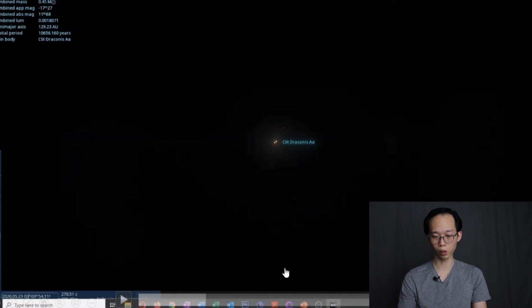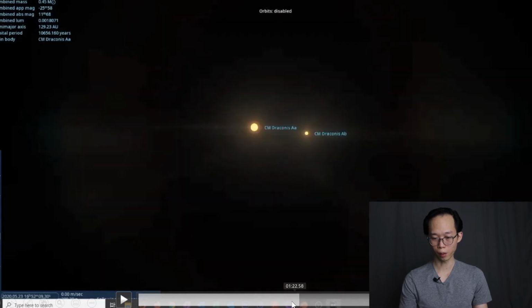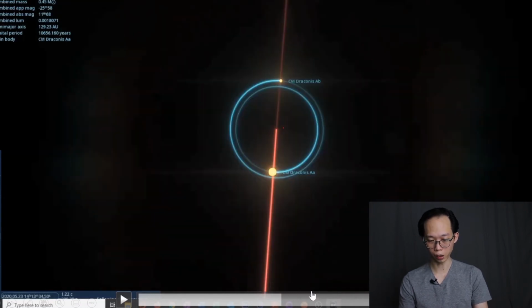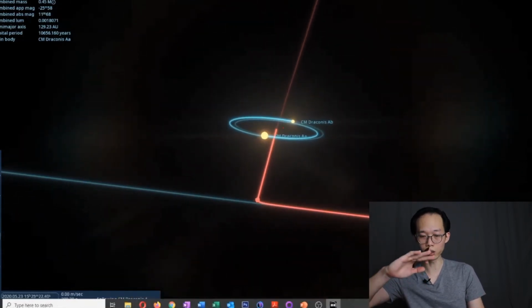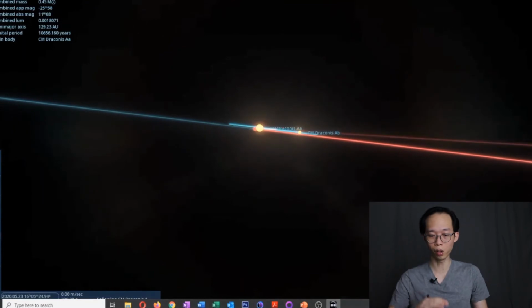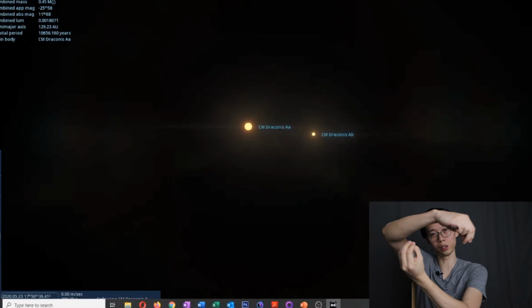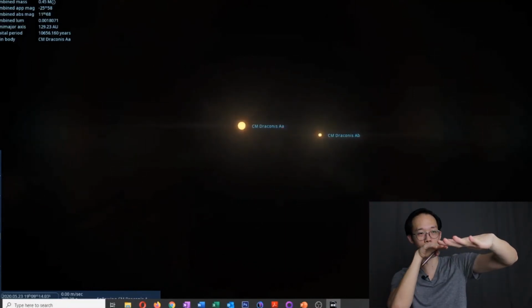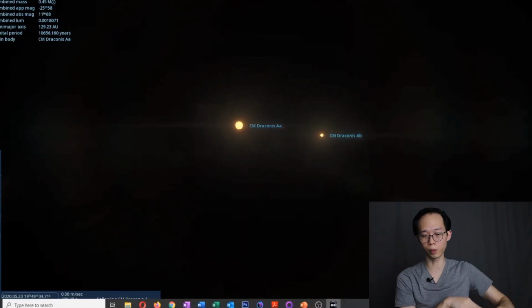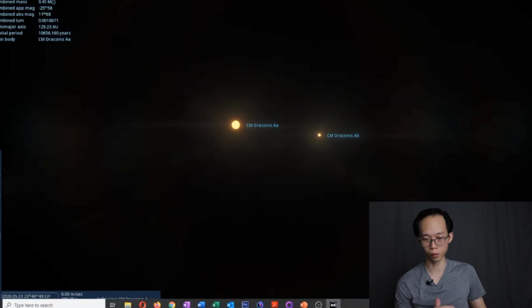Next, we are going to see what is meant by parallel to the plane of orbits. This is still perpendicular to the plane of orbits. Parallel to the plane of orbits would be like this. If we rotate our point of view, and instead of a top-down view, we look at it from a sideways view, now the stars are orbiting in this manner. The plane of orbit is like this, and we're looking at it from the side. This is what is meant by a parallel line of view to the plane of orbits.